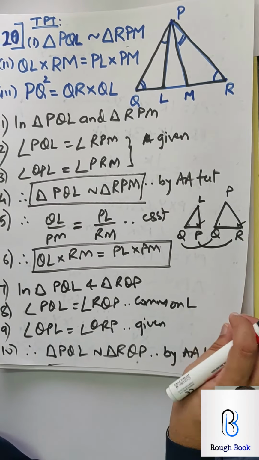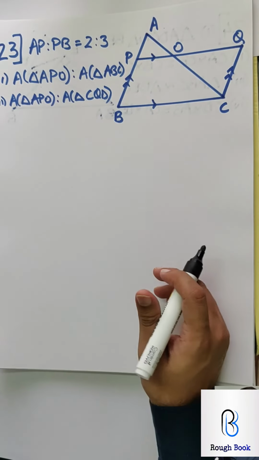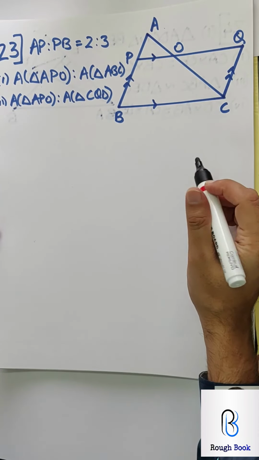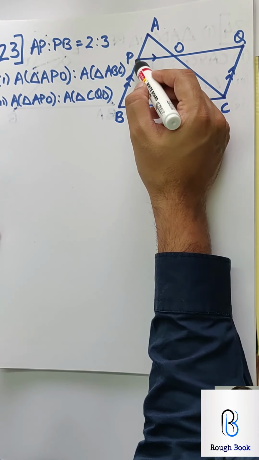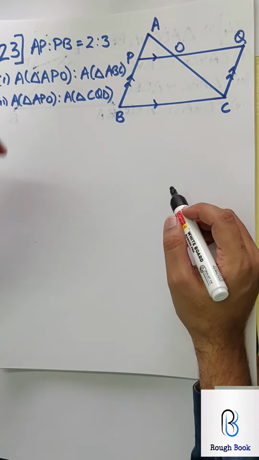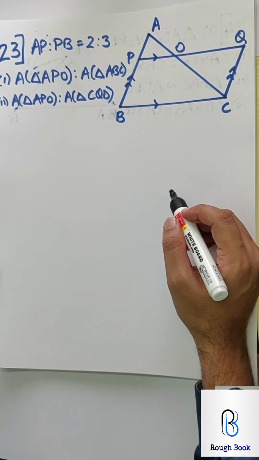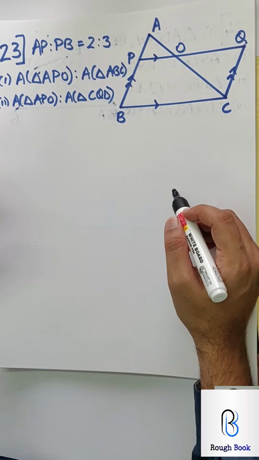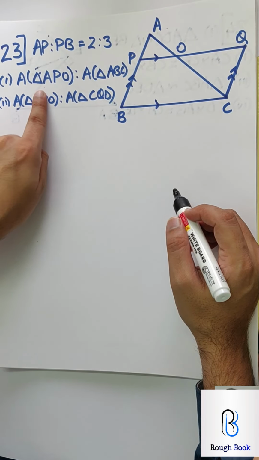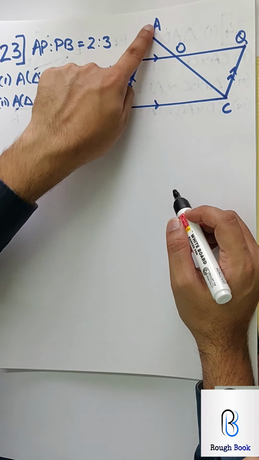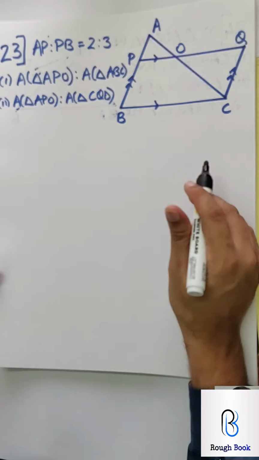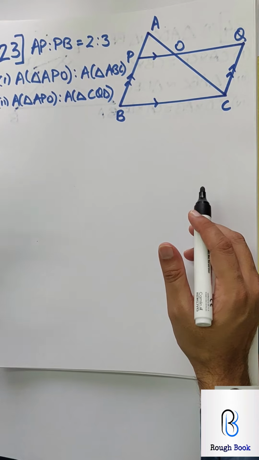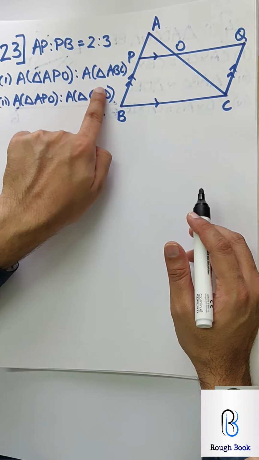Let's take the next sum, number 23. 23 is fairly decent enough, you should be able to manage. They say AP to PB is 2:5. Mental math, AP upon AB, how much? If you said 2 by 5, perfect. 2 by 5 by X method. We will need it. Area of APQ and ABC, areas of similar triangles. So 2 by 5 the whole square, 4 by 25. So 4:25 is the answer to this one.